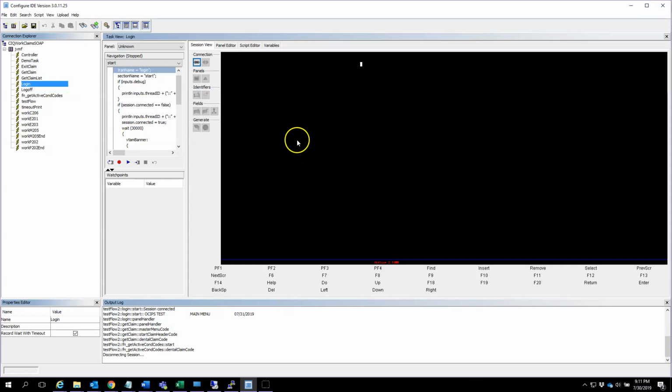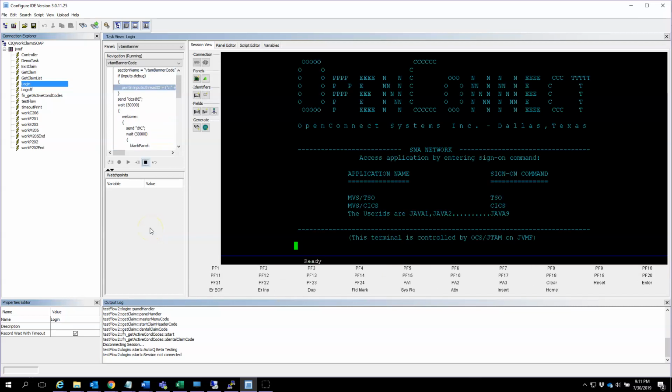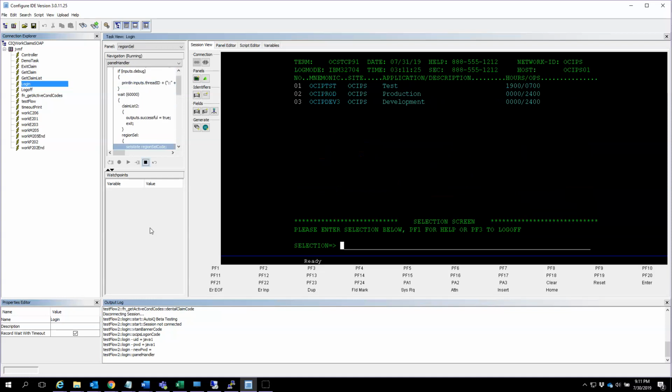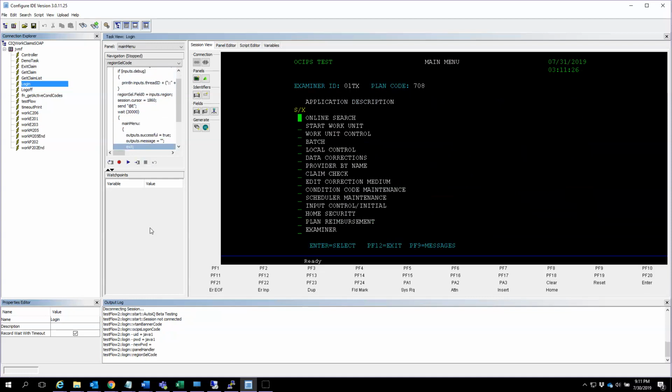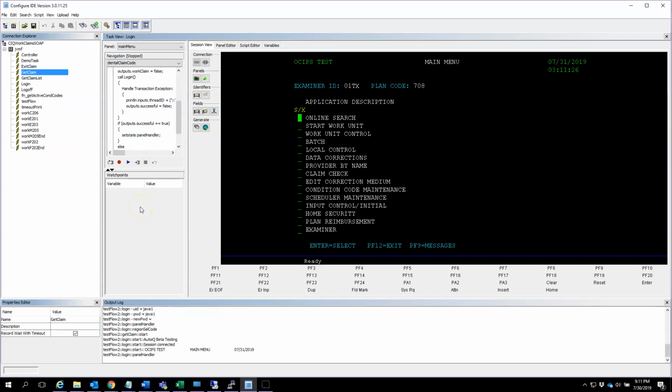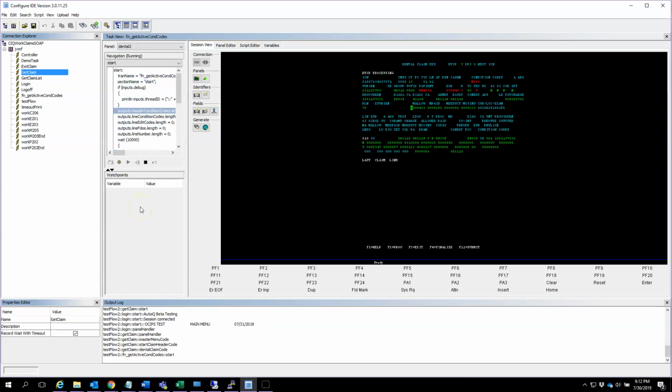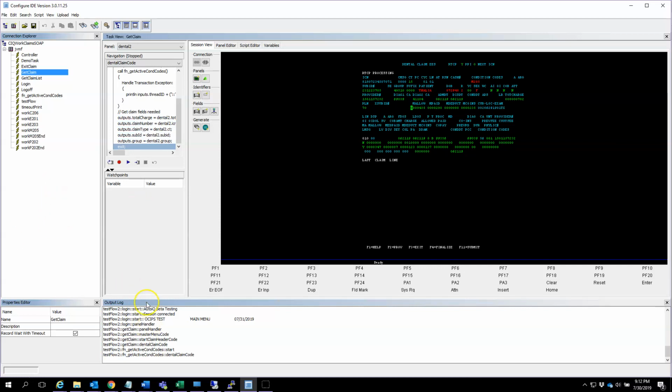So I have a login task and it's already built and tested, but if I play it, it's going to make a connection to a mainframe, navigate through a handful of screens, and stop on a menu. And then I can execute other tasks from this menu. I can do a get claim, which will navigate from the menu into a very specific claim and return the details about that claim. So you use the Configure tool to build those web services, and then you deploy them